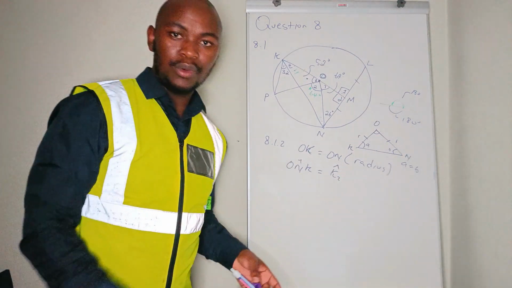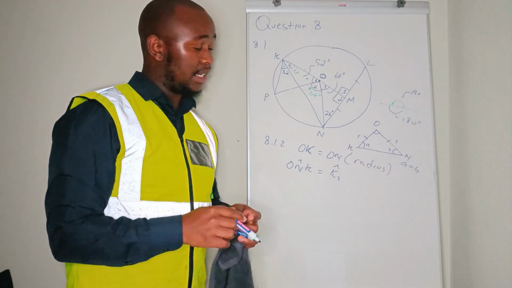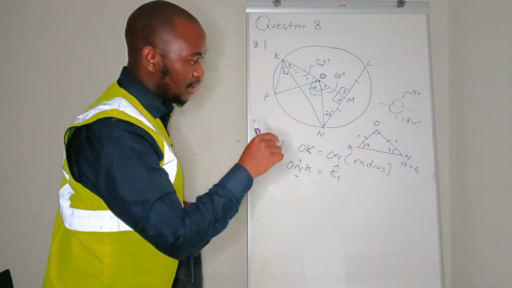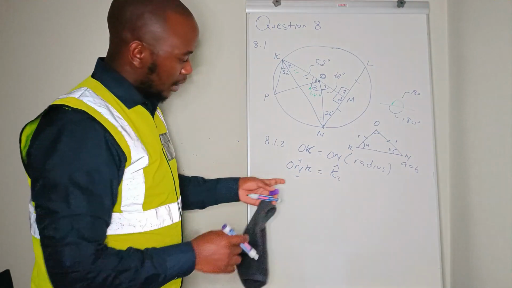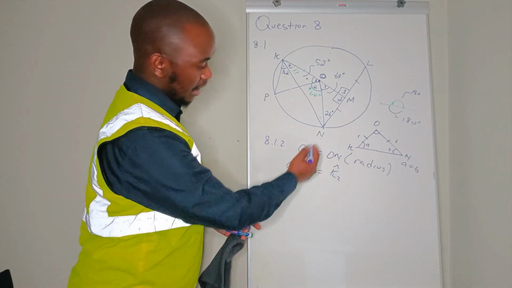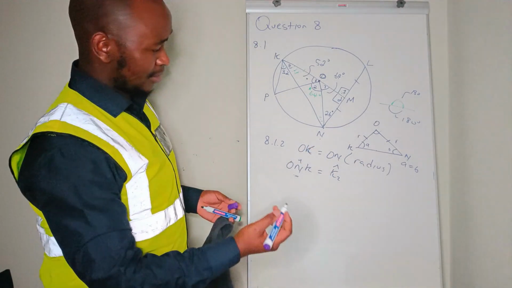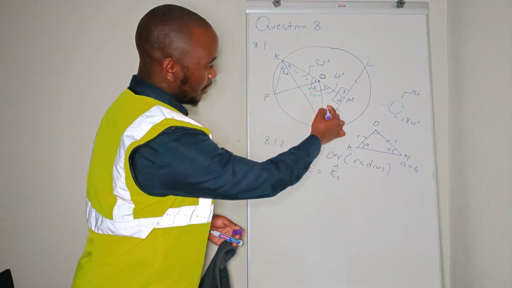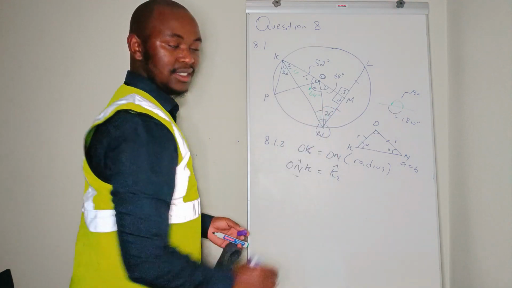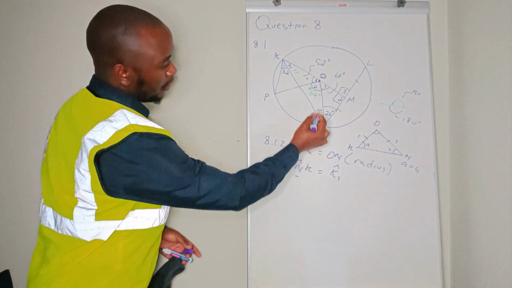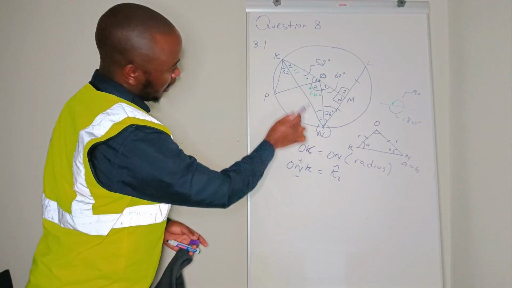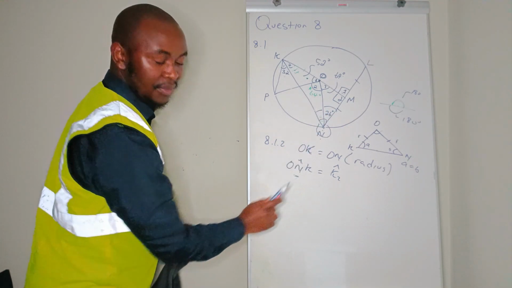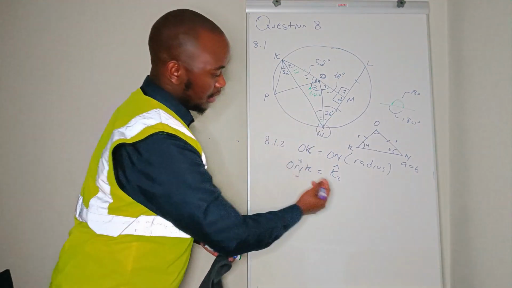So please get familiar with different ways of noting an angle. In OKN, the letter in the middle denotes the actual angle. Because for instance, why do we use this and not just say angle N? But what is angle N? Angle N can be this, angle N can be this, or angle N can be this. So what are we talking about? If you start from here and jump to this side, we are isolating this angle, which is OKN. Then we put a cap on top of that. So angle OKN is equal to K2,